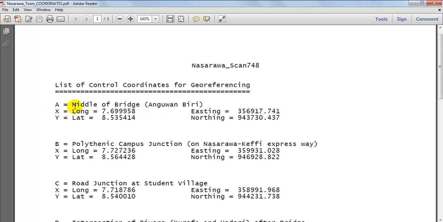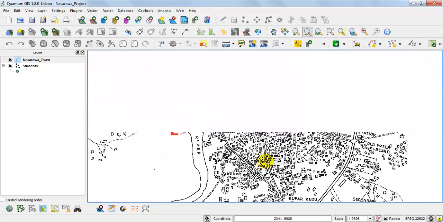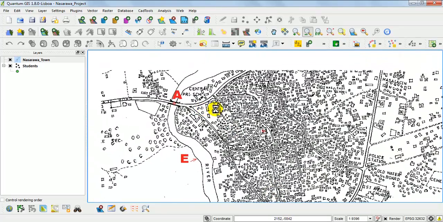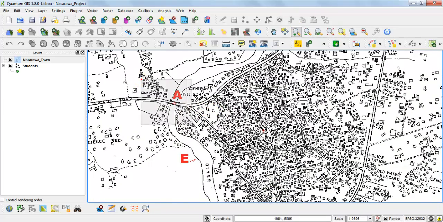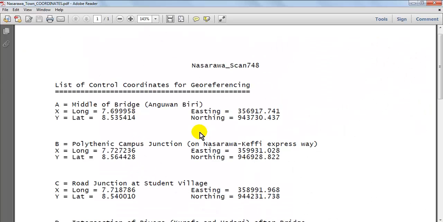So for control point A, which is the middle of a bridge, somewhere here, just as you can see, this is the middle of this bridge. So this first control point is here, and the parameters for that control point are listed below. We are not going to be using geographical coordinates.